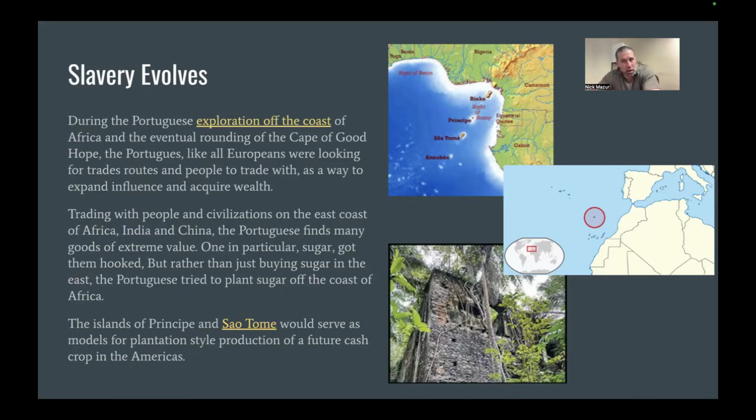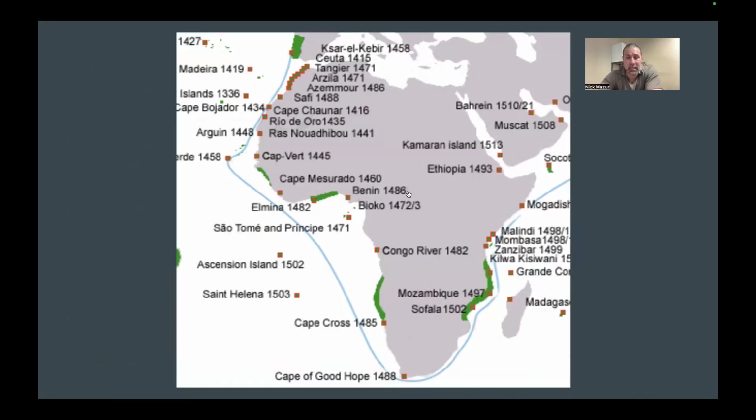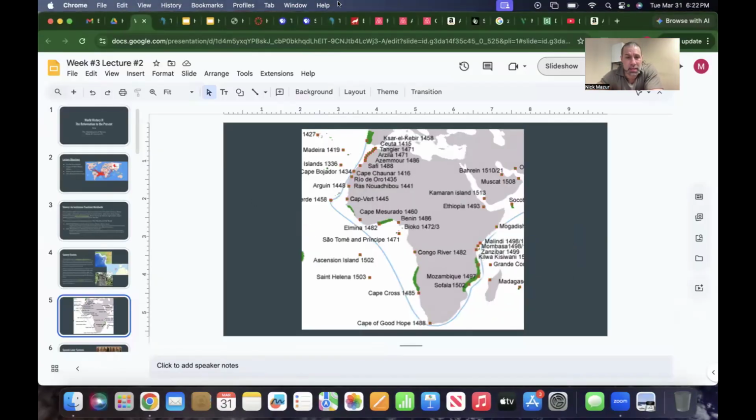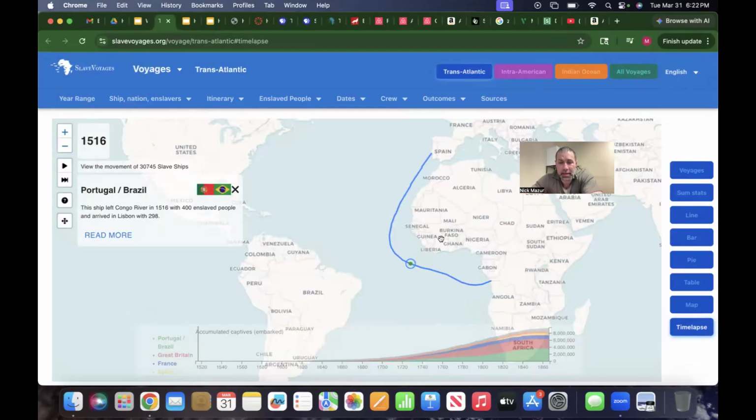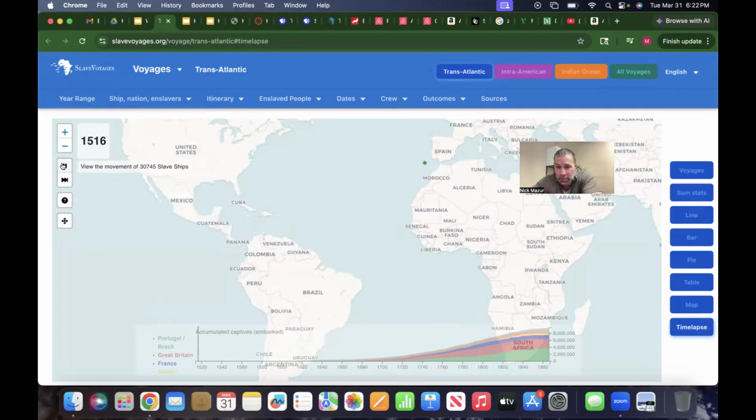So, now are they already thinking about how slaves can be used in this certain way? No, because if we can see where exactly this was going, let me just escape this for a second so I can click on this. And let me just get back onto here, right? You're going to see that in the beginning here, most of the slaves that are going are actually going to end up in Spain, or they're going to end up in one of these islands. And so let me just play it for you, just so you can see some of the other ones.